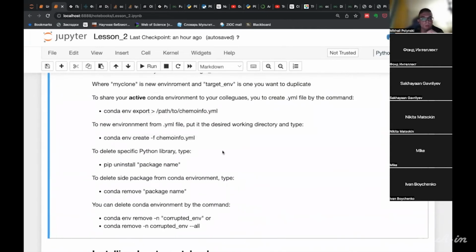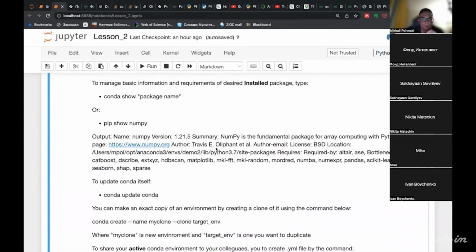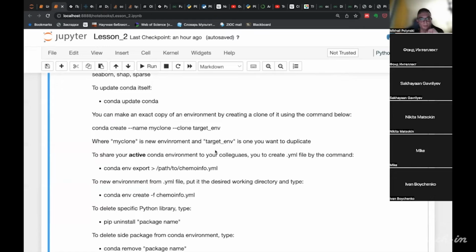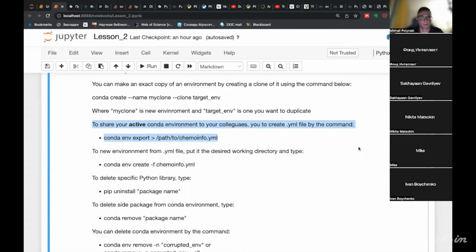However, I also suggest you practice a little bit with managing environments. For example, you can share your environment that you are using in a research project with your collaborators. It will simplify the execution of your code by your colleagues greatly.